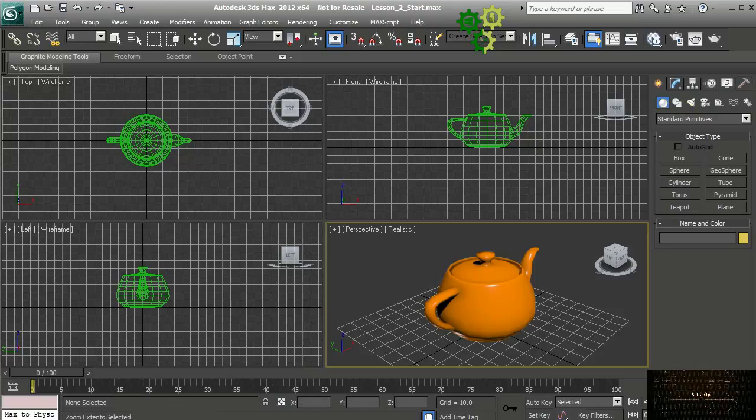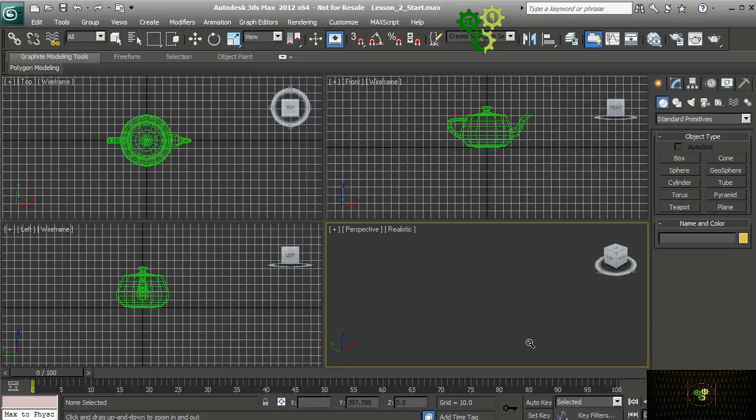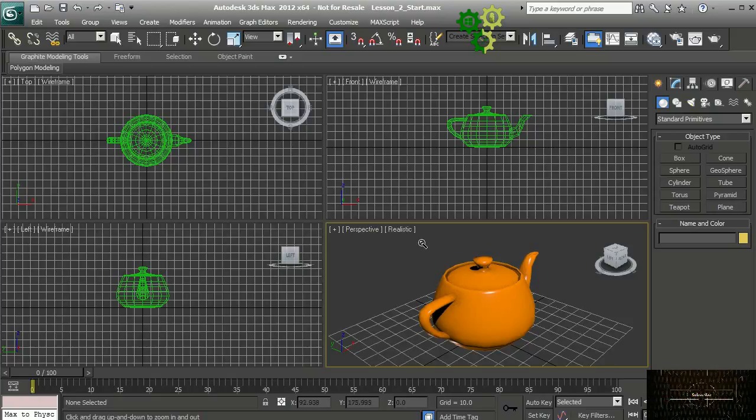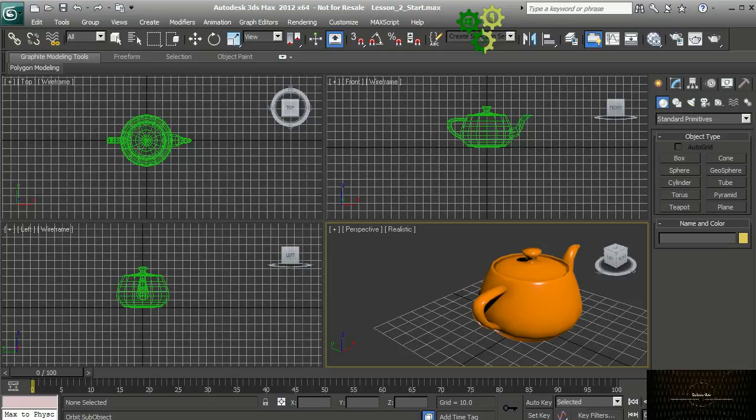Now we have zoom extent selected. And what this will do is actually zoom in on the object. So let's say we've lost our geometry. We're lost in our space and we can't find it. So if we hit this zoom extent selected, it'll go ahead and zoom in on that object. Okay? Now the next one is zoom extents all, so that'll do all of the viewports. Now we have pan, which we can go ahead and use this tool and just use our left mouse button and pan this way. Okay, and we have our orbit tool,